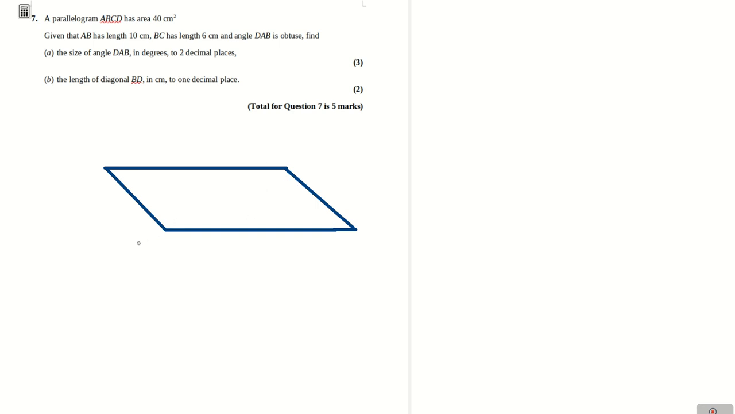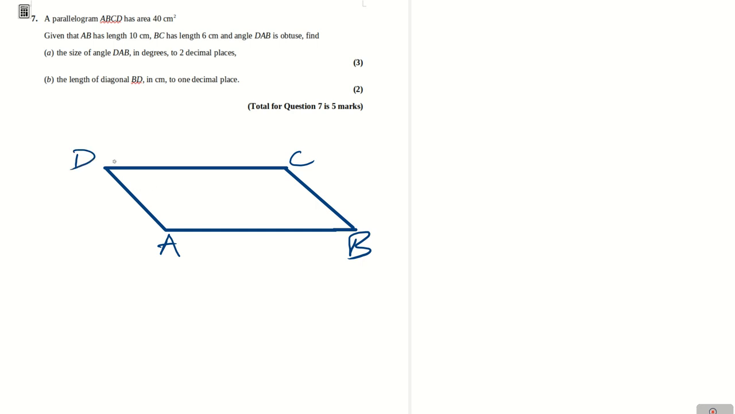Okay, now we've got a parallelogram. Now it tells you that AB is 10 and BC is 6. It also tells you that DAB is obtuse. So try and make sure you've drawn it properly. I think this works. ABCD,